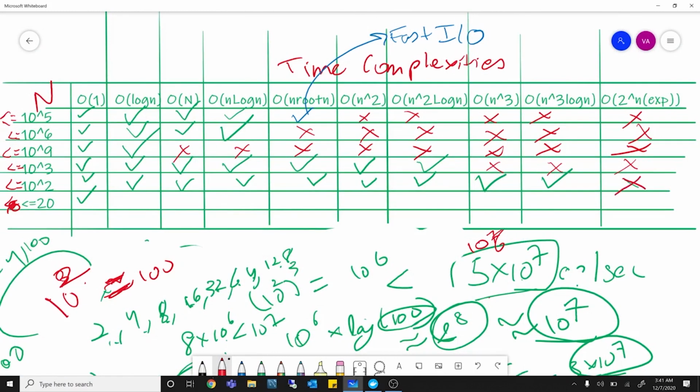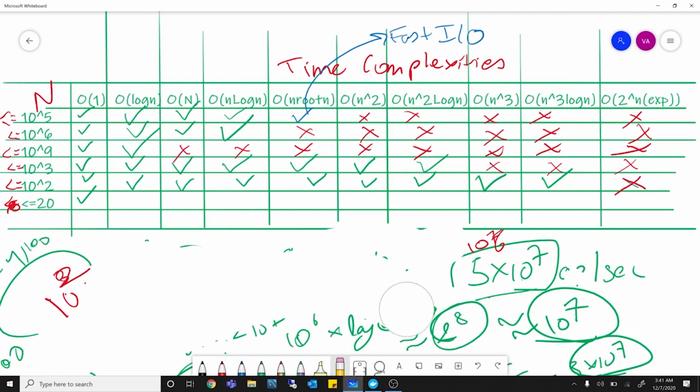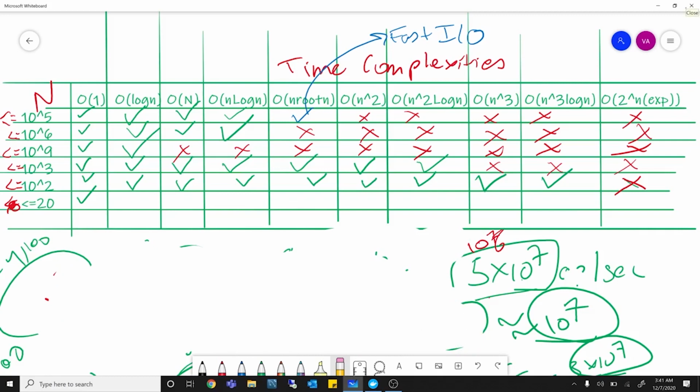Now let's talk about our final constraint by clearing everything out. The final constraint isn't that common, where you have to access all the bits. You'll find that your n is very small, less than or equal to 20. So this is our final constraint here. First of all, by induction, you can see that all of these will be valid, because of course 20 is less than 10 square, 10 to the power 3, 10 to the power 9, and everything else. So definitely all of these are valid.